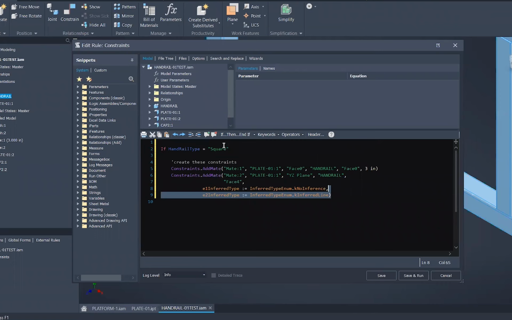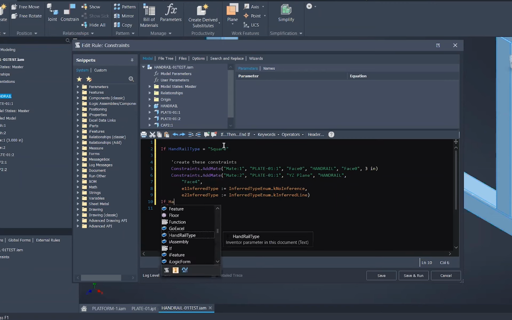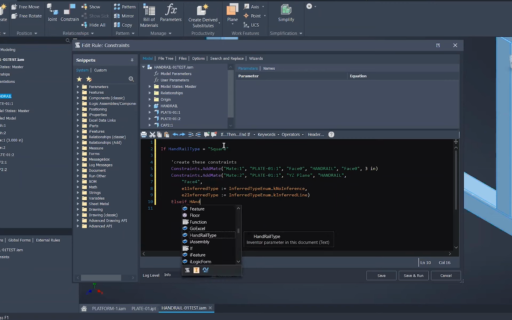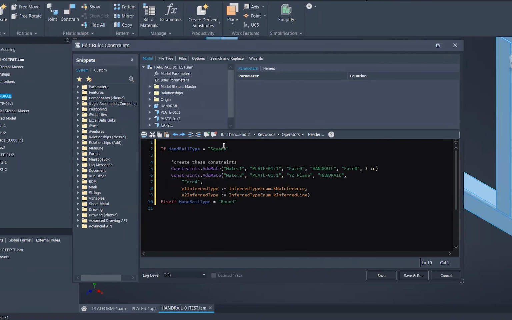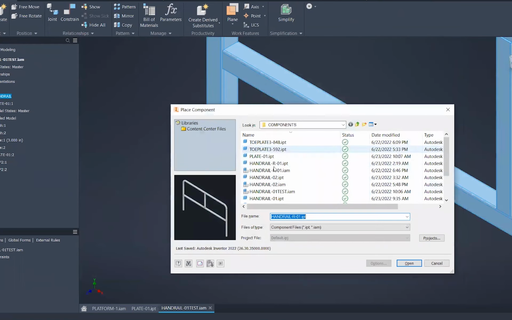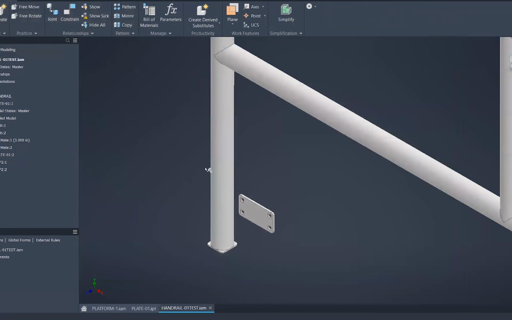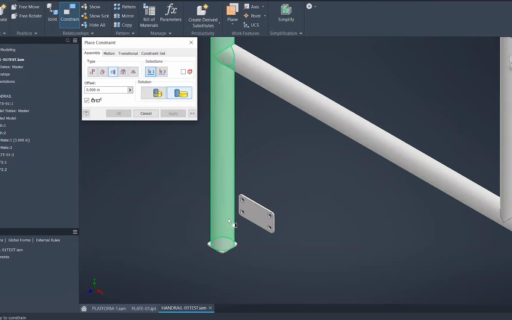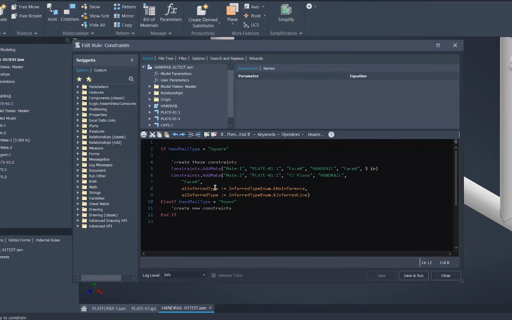Now, what if, let me change this back, what if this handrail was type two round? We would create a different set of constraints, right? We would create new constraints. Let's switch this out to a round handrail. So right off the bat, we have constraint issues, and we can guess that we might need a tangent constraint, right? So if we create this tangent manually, like this,